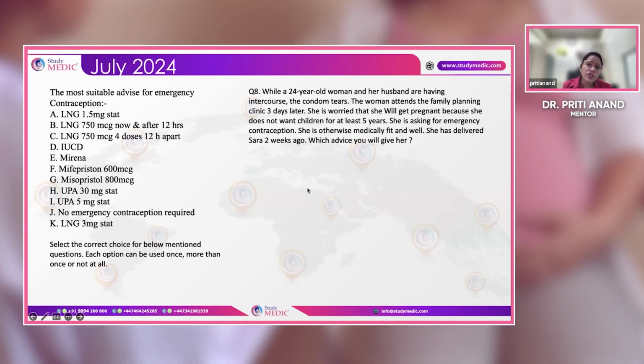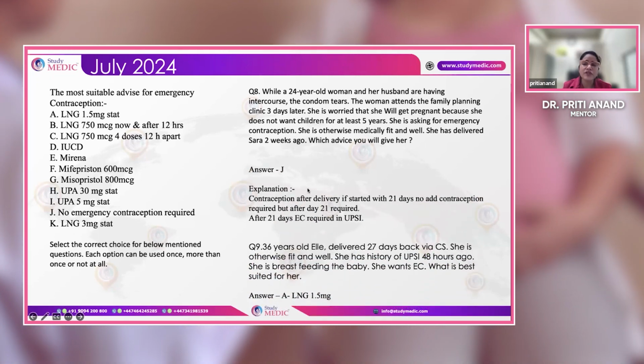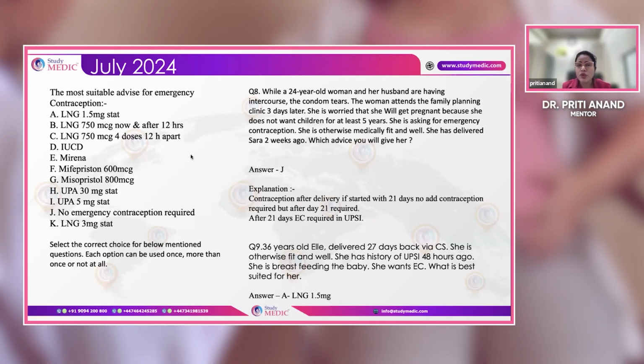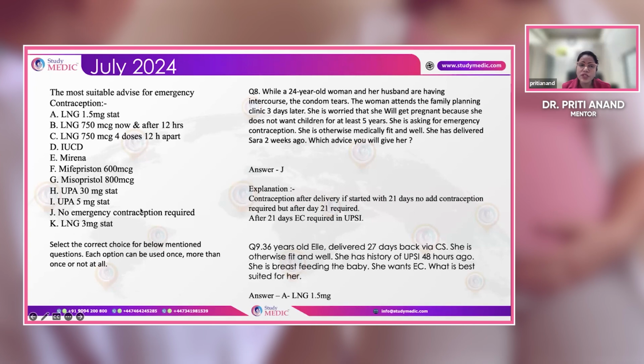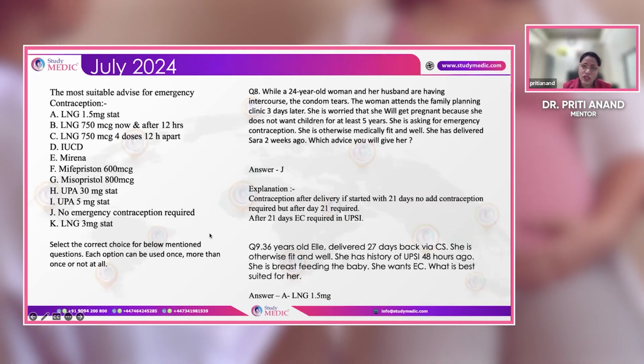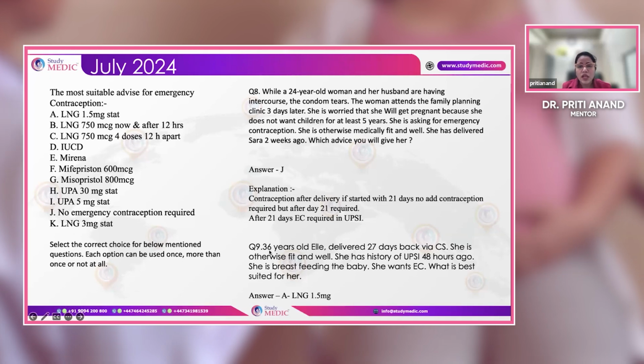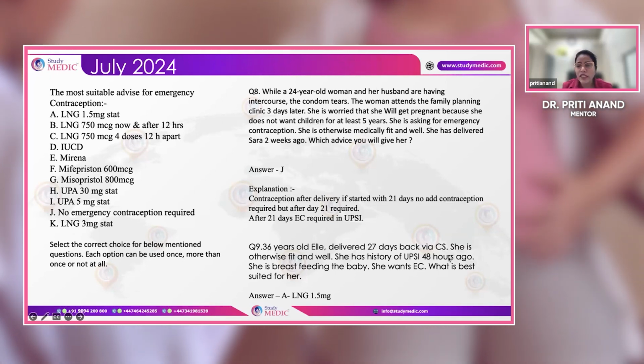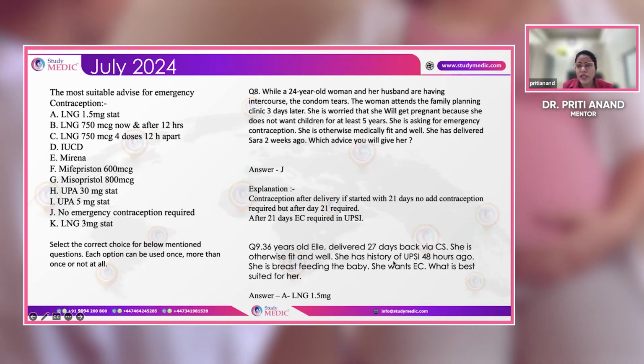For postpartum patients, they are usually protected from unwanted pregnancy for the next 21 days postpartum. Because she is only 14 days postpartum, she is in the safe zone and does not require any emergency contraception. Now, a 36-year-old woman delivered 27 days back via cesarean section, otherwise fit and healthy, with an oopsie